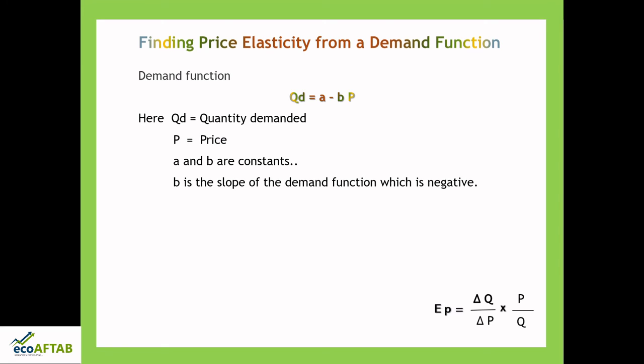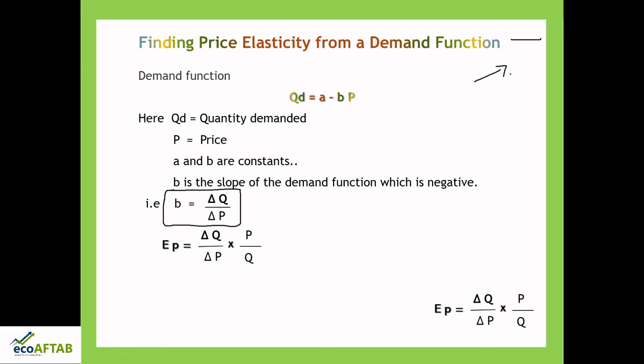Now, how can we make use of the formula which I have placed at the bottom? When I say that B is the slope of the demand function, it means B is equal to delta Q by delta P. You will get more information about this point in my mathematics for economics class, where I have taken a class on calculus, and in calculus we have understood the concept of slope. Here is the card, you can refer to that. So, going ahead,